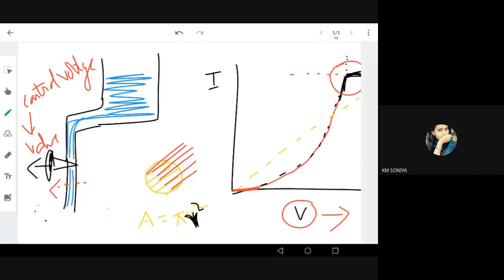So everything in the electronic world we can compare with an analogy in the hydraulic world, mechanical world, or pneumatic world. It makes things much easier. All the transfer characteristics you might have already studied previously. If you understand them through these analogies, it'll be much easier. So we have compared the transistor as a pipe and the diode as a valve.